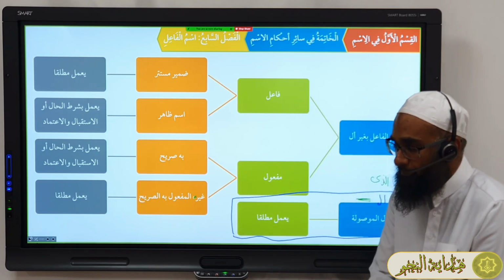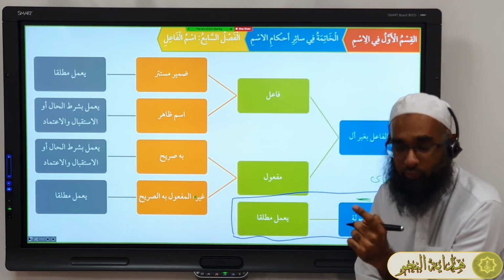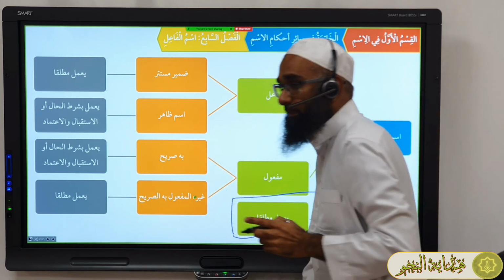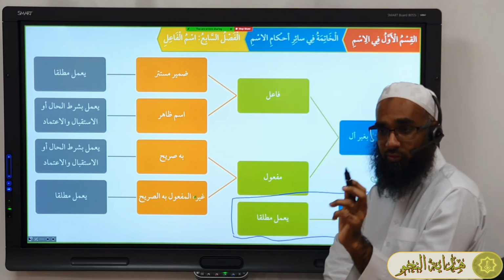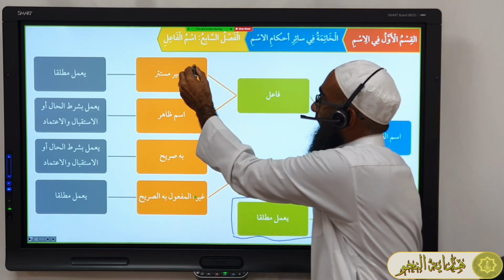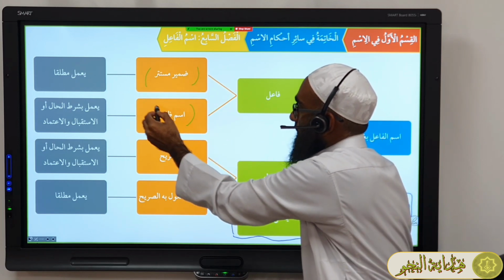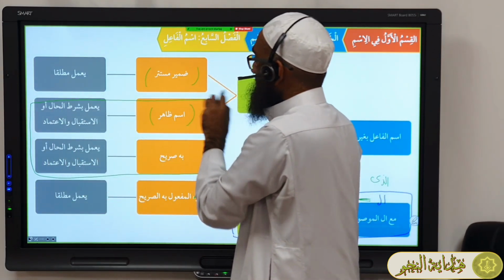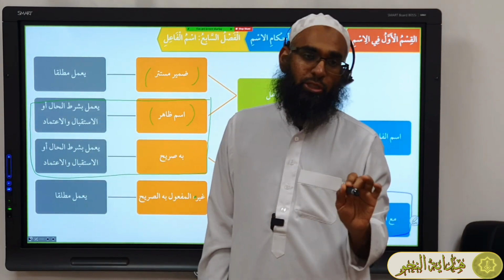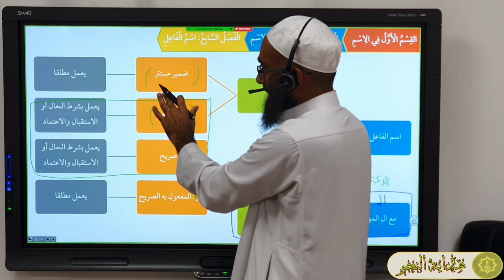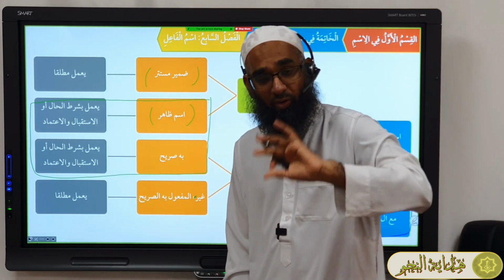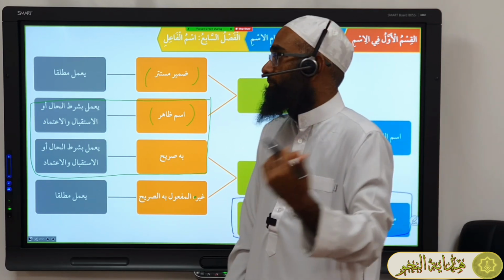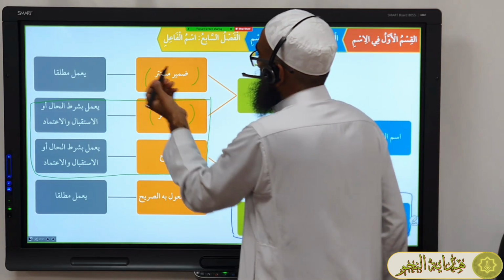So for example, it will make the fa'il marfu'. Okay? Now when it makes the fa'il marfu', the fa'il of the ismul fa'il can come in one of two forms, as a zamir mustatir or as an ismun zahir. If it comes as a zamir mustatir, there's no conditions. Every single ismul fa'il, when its fa'il is a zamir mustatir, there's no fa'il after it, then the fa'il will be inside hidden marfu'. So for example, if you look in the Quran, huwa